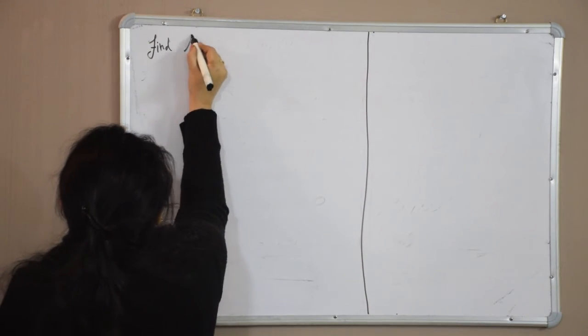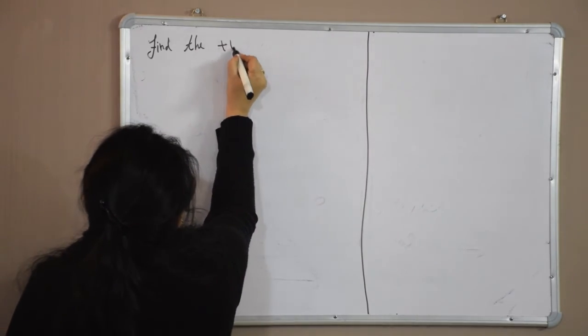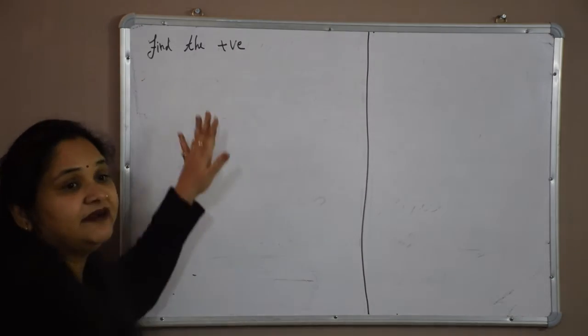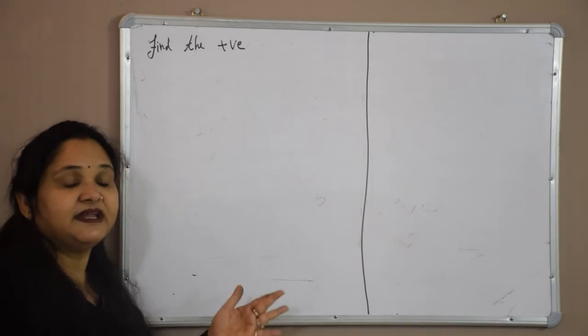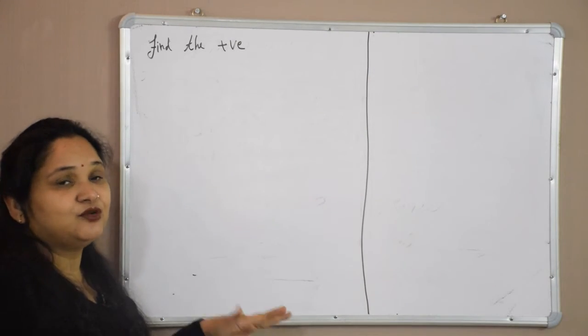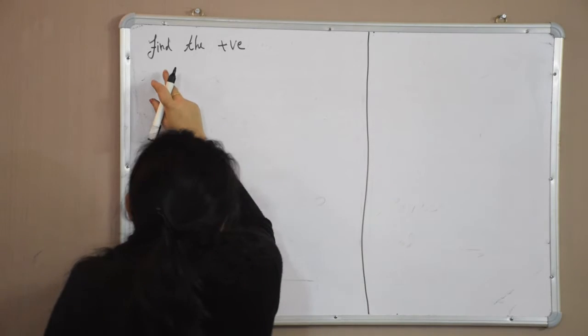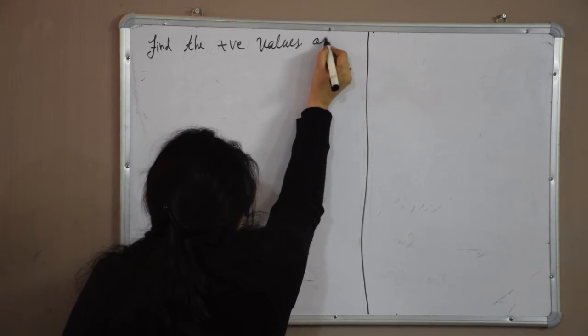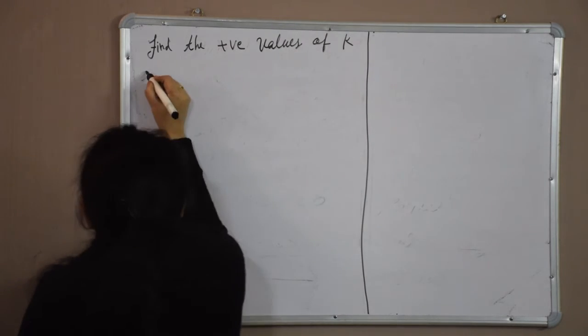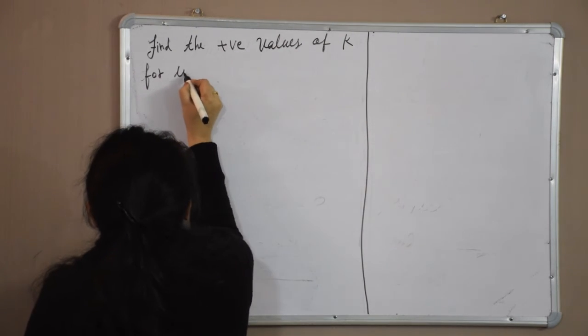Find the, here the word is mentioned positive, so we have to take only positive values of k. If it is giving negative also, then we have to omit it. We will not consider. Find the positive values of k